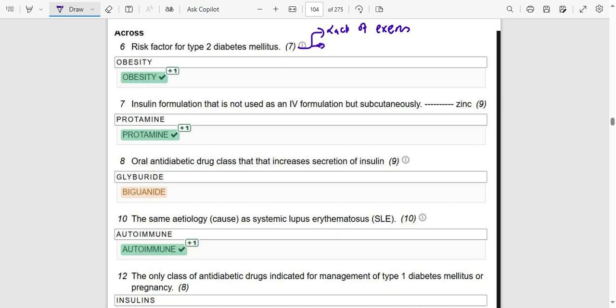Metformin, doesn't it show weight gain and hypoglycemia? The glucose transporters, yes, those are the only ones. Sodium glucose transporters. And then the next one, which class of